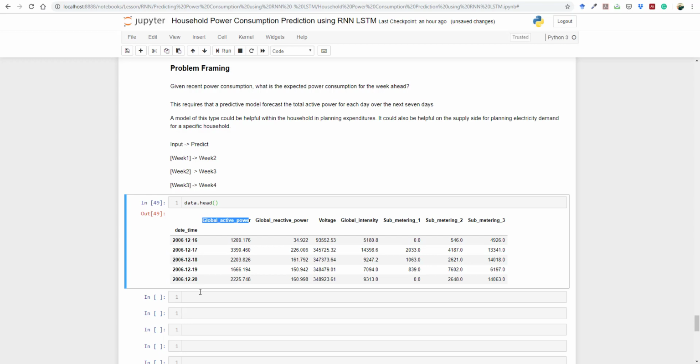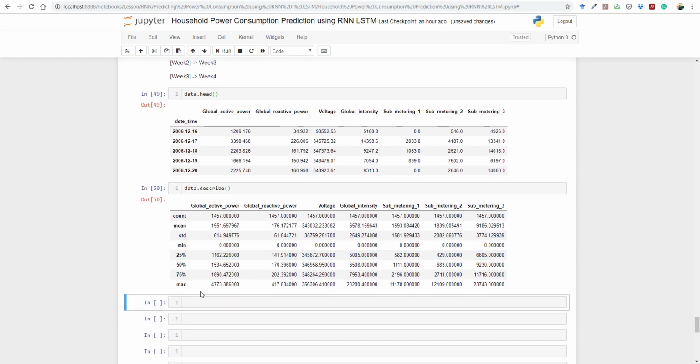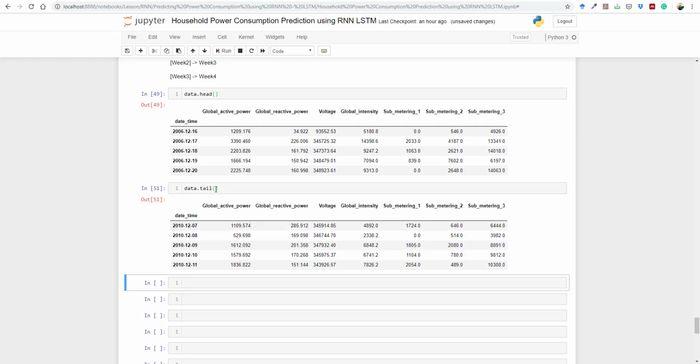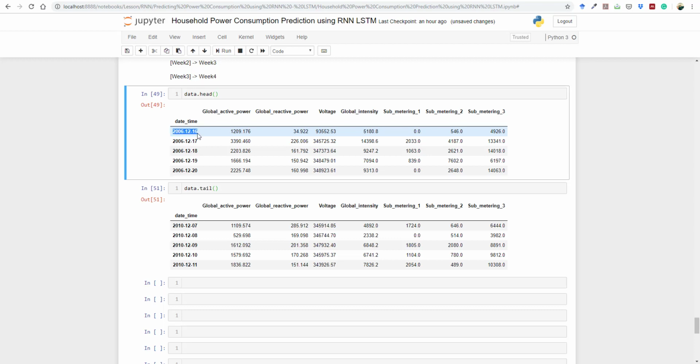All right, let's go ahead and describe this data. Now you see here, I don't think we get much information from describe, but with the tail we should get information. So with this, you can say the first day of the data is 16th of December 2006, and the last day of the data is 11th